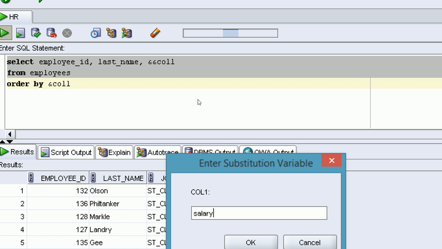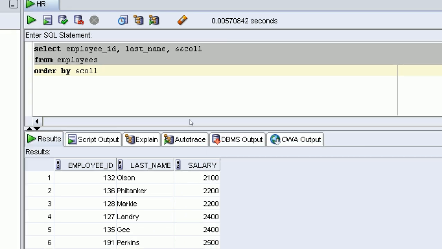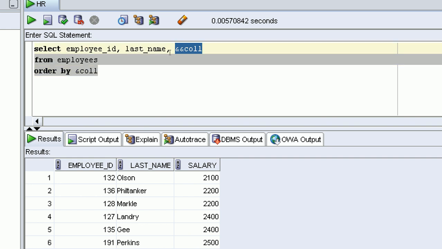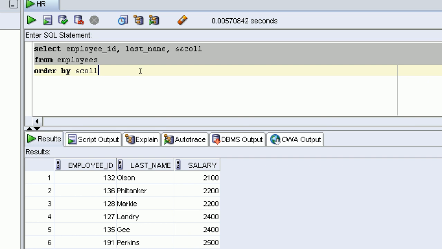So I am writing here salary. Okay, so it didn't ask from me for the second time because the double ampersand sign has received the value from the single substitution variable. Clear? So this substitution variable has received its value from this one. Clear? Now I will run the same query in the